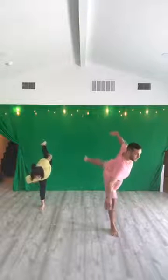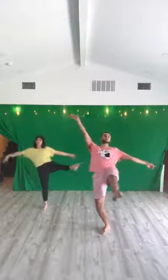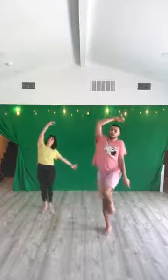1, and 2, and 3, and 4, and 5, 6, 7, and 8. Down, reverse, and 2, and 3, and 4, 5, 6, 7, pull it back to center. Yeah, and redirecting or recentering yourself, finding neutral again, is a big part of this. So if I can't find neutral,